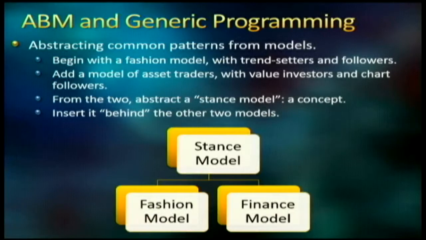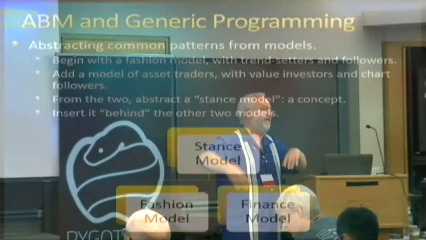Abstracting a pattern of an entire model is another kind of abstraction we've been trying to achieve. So in a paper I'm working on, my co-author and I have been detecting two population models in a lot of cyclical social patterns. So we have a fashion model that actually comes from Adam Smith, where you have trendsetters and followers, and this produces waves of fashion. The trendsetters adopt something, the followers follow.